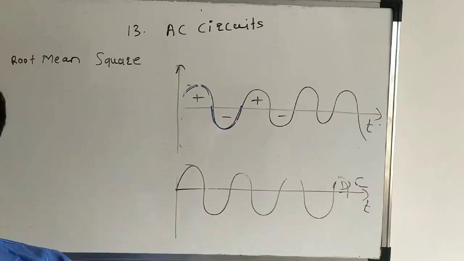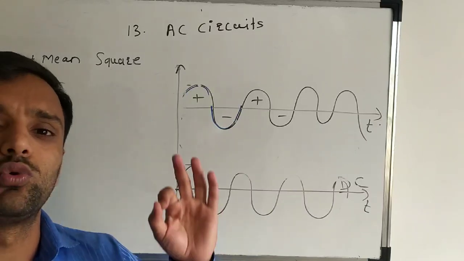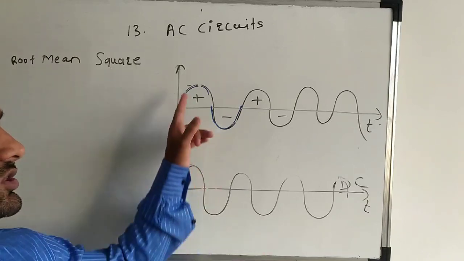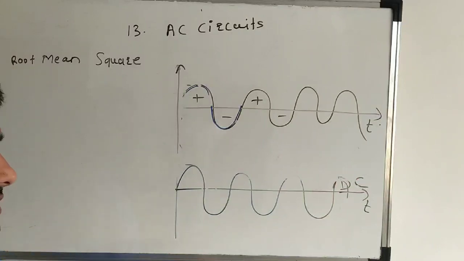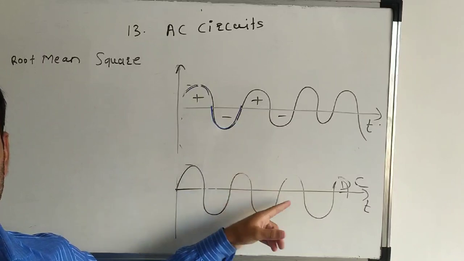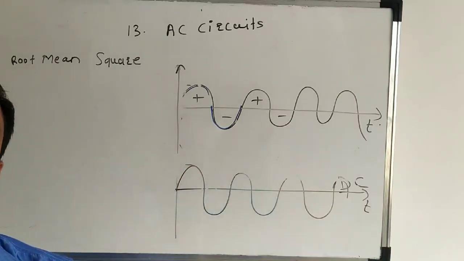To measure the value of alternating current and alternating EMF, we need one specific quantity that does not depend on time, or whose direction does not change with respect to the variation in the value of the current. Because in alternating current, the value of the current is changing with respect to time, and the direction of the current is changing with respect to time.